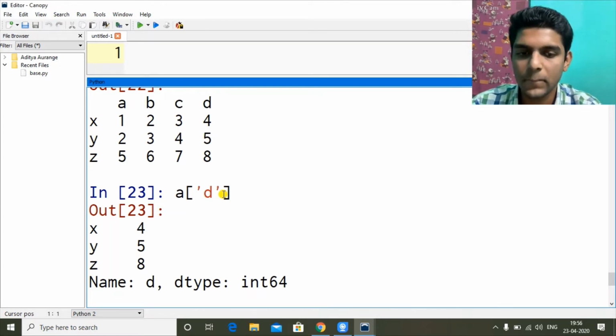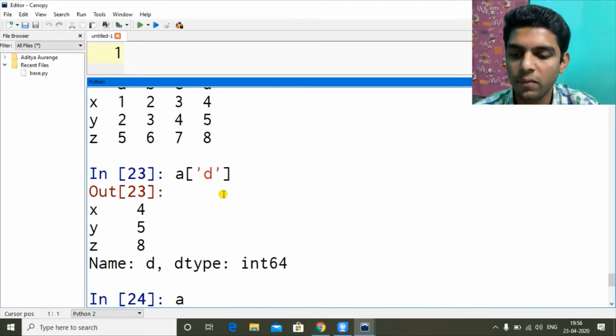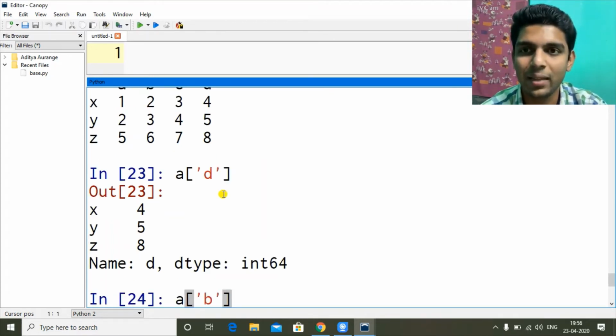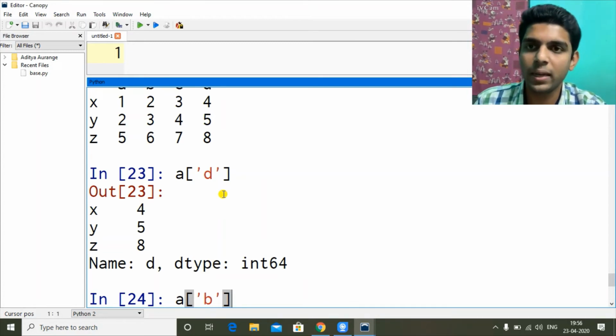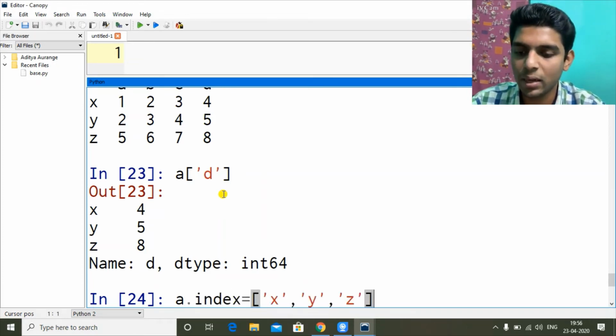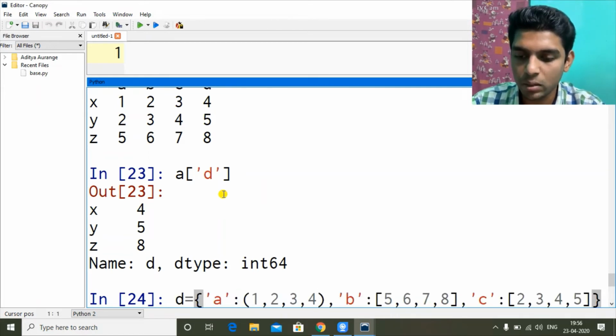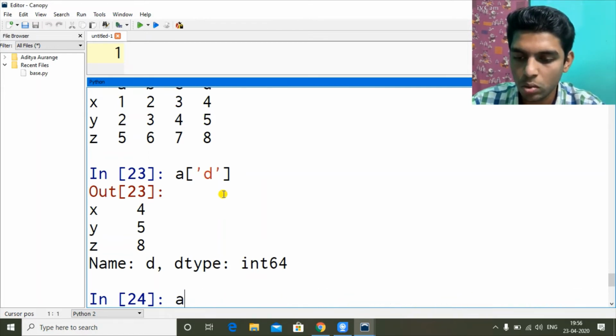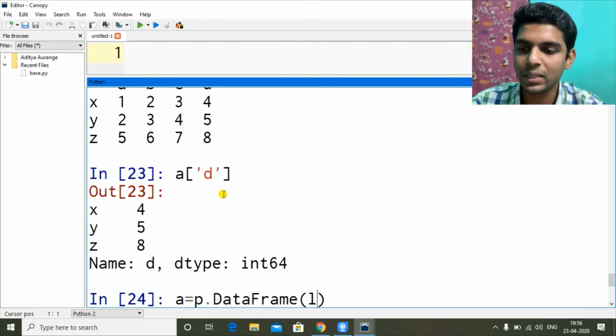Before that, let's see how we can assign the index values and column values when we are creating the data frame. I showed you how we can reassign them later, but first let's see the command for assigning them at the time of creation. So where is this A dot DataFrame? We are taking from L. So L is 1, 2, 3, 4, 2, 3, 4, 5, 5, 6, 7, 8. So here, only data, comma, there are two properties, columns and index.